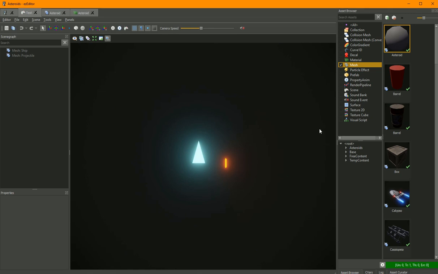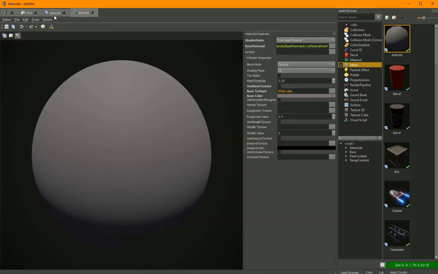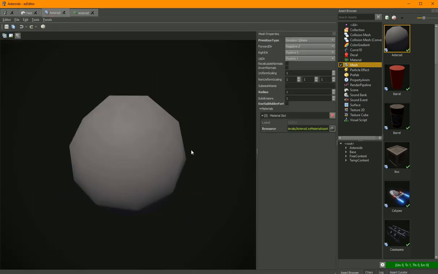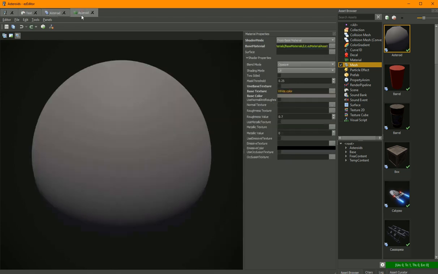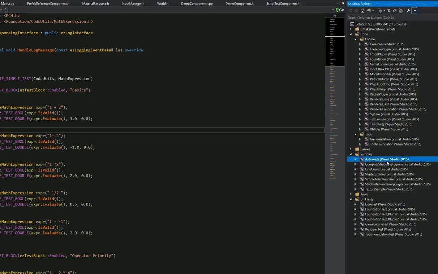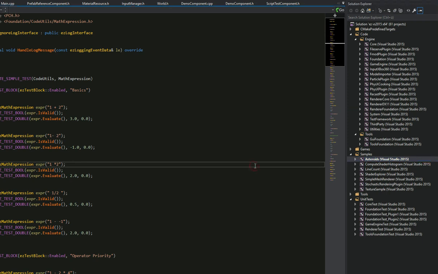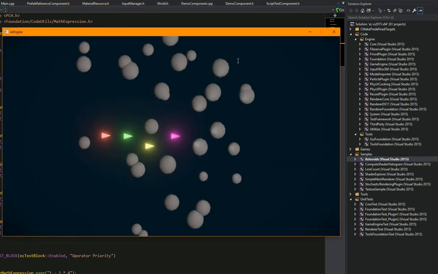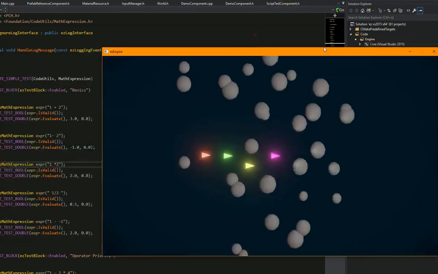And so, for example, here I have the asteroids project in the editor open. The asteroids project itself doesn't really do much in the editor. All it does is it specifies some of the assets. So this is the asteroid, and this is the material for the asteroids, and these are two meshes that we have, and so on. So in Visual Studio, I just run an instance of asteroids, and now I actually have